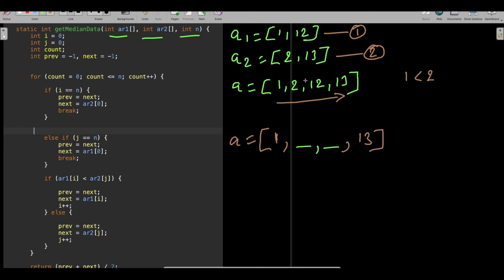Because to find who is the small and who is the big, we have to run the loop, since finally we have to merge into a single array. We need to find this data through the program, 2 and 12, through the program.